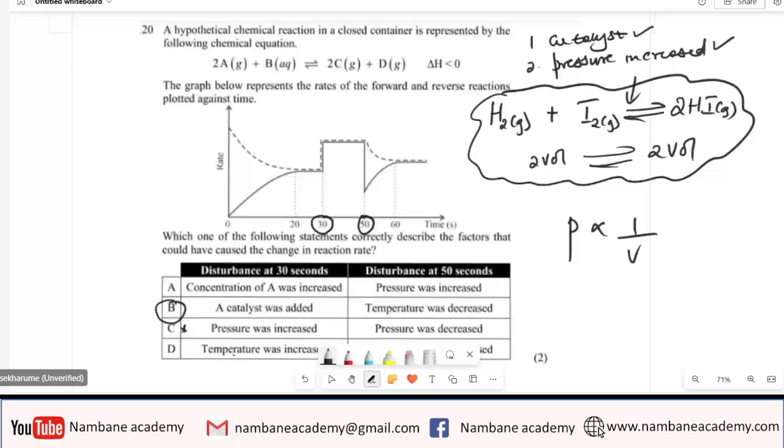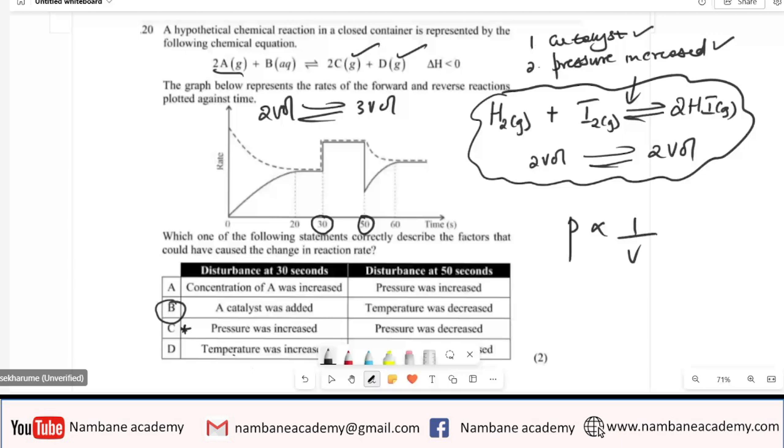Then we go to our balancing equation. What we have on the left-hand side, the volume. I'm having a gas and gas on this side, so I'm having 3 volume. So what about this side? I'm having 2 volume on this side. So it can be pressure being increased. So the temperature